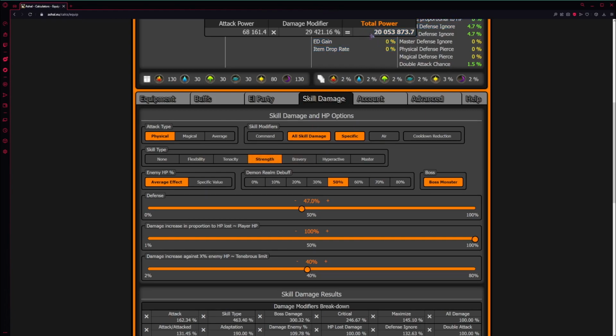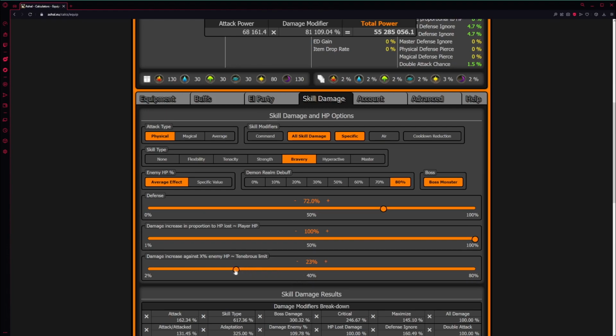This whole time it's been calculating with a 50% debuff with strength damage. Bravery damage, you see it's significantly higher. We'll go with an 80% debuff. Let's assume we're in birth raid. So you see how much it's spiked up already. Birth has, I believe, 72% defense, somewhere around there. It could be wrong, but this sounds about right. And we'll say I have player HP at 100%.